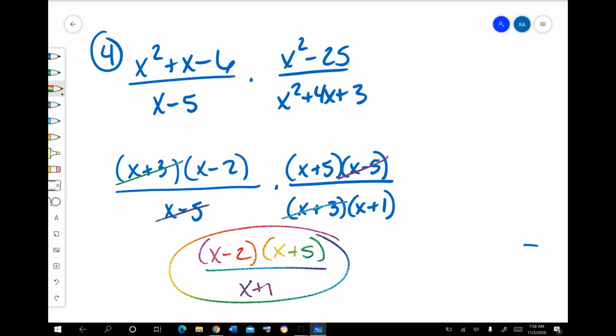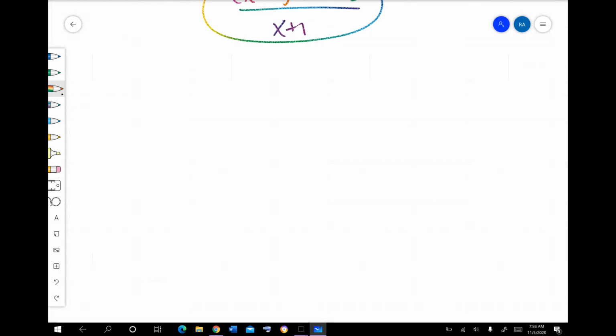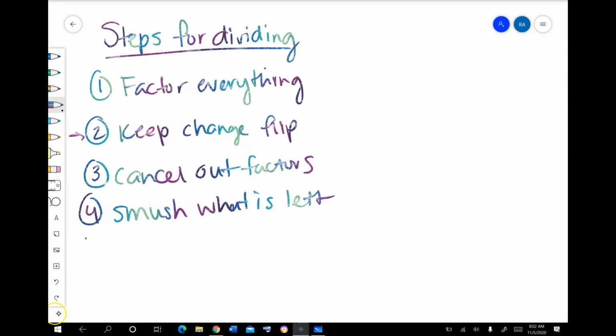Okay, now dividing. Dividing is literally the same thing except one extra step. Just one tiny little step, okay? So, steps for dividing. So the laptop died on me, but these are your steps for dividing, okay? You filter everything, you keep, change, flip, you cancel out factors, and then you smush what is left. So the only new guy here is going to be number 2,